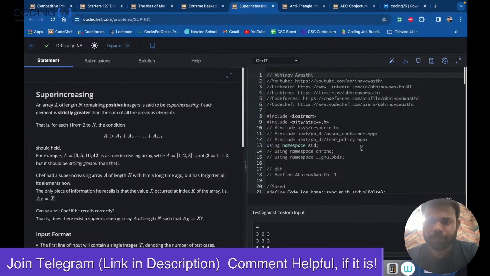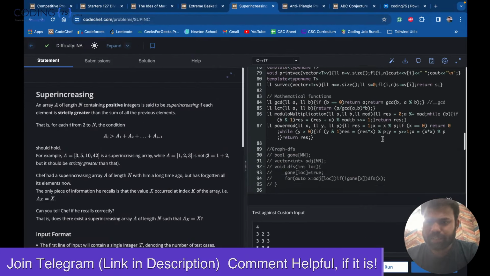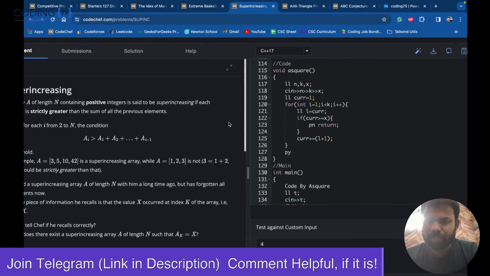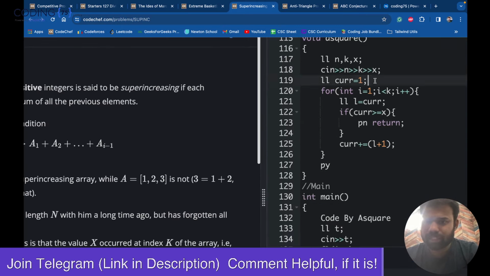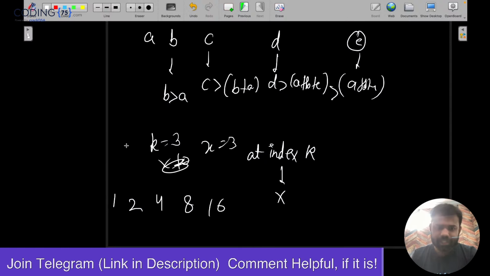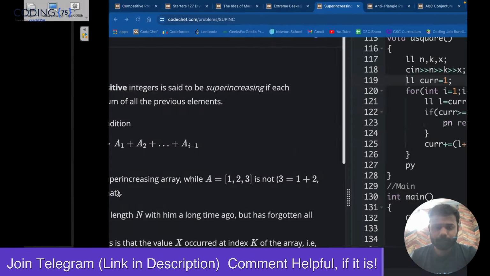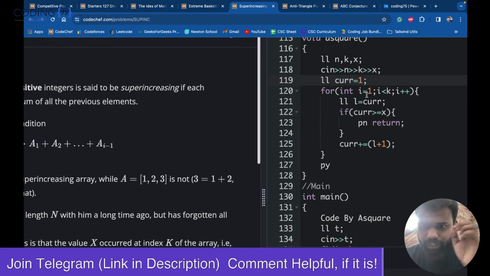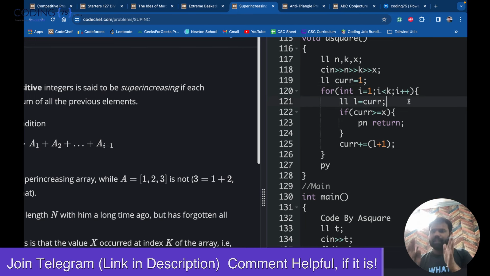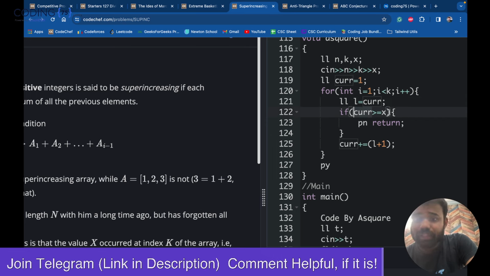What I have done here is I have simply started from 1. The current value is 1. So initially I am taking the value 1. Now my L is current. This is the current value.